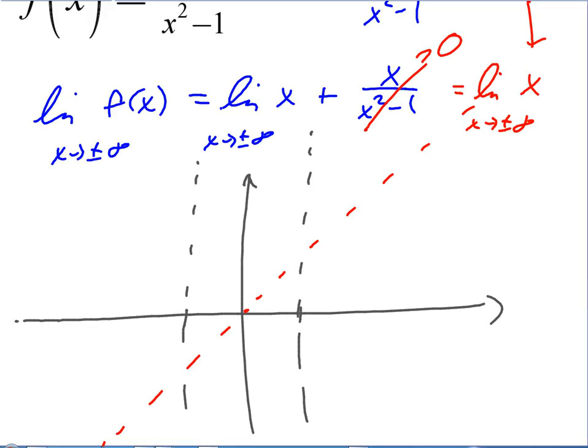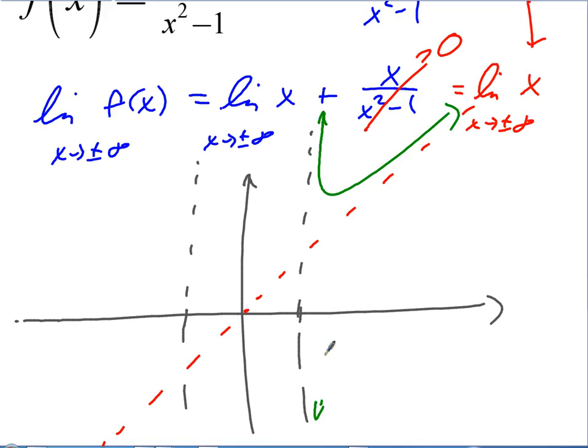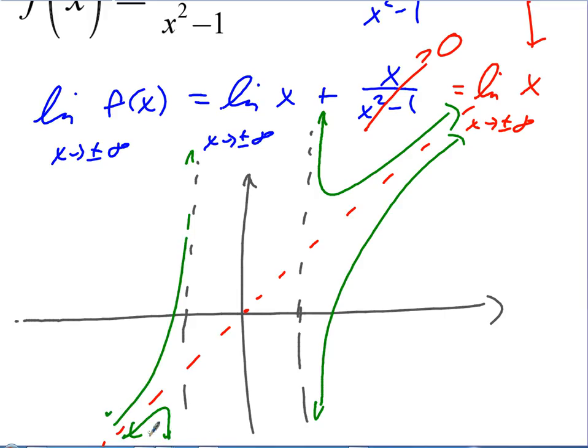And so if I look at the overall behavior, there's really only a couple big scale options on the right. It's either going to do something like, I need a new color, what am I doing? How about green? It's either going to do something kind of like that, or maybe it'll do something like that. Having that slant asymptote is useful. Over here, the opposite. Like that, or like that, right? Does that make sense? Okay. And honestly, the rest of this problem is pretty boring. It's the same kind of stuff we've been doing. But I just wanted to show you that slant asymptote.